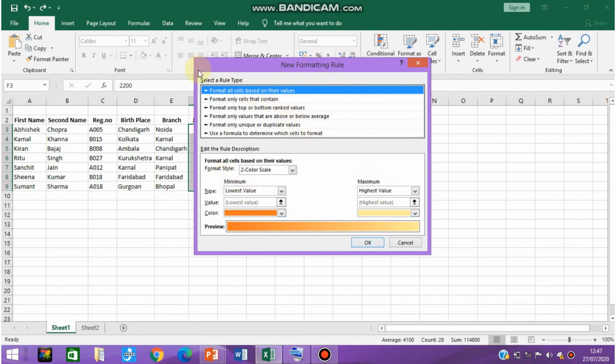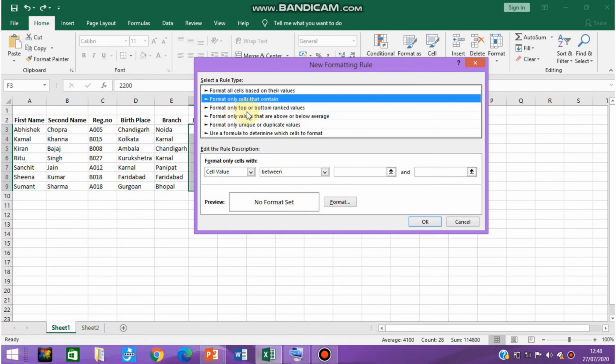Now first we have to select the rule type. You can select any of the rule types. Here, for example, I am selecting Format only cells that contain. Now this is the Cell Value.